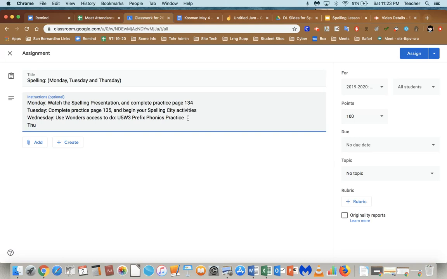I still write it here so they don't think, oh, Wednesday, I don't have to do anything. On Thursday, they're going to complete their other practice page. This is the one for meaning. Page 136, and continue